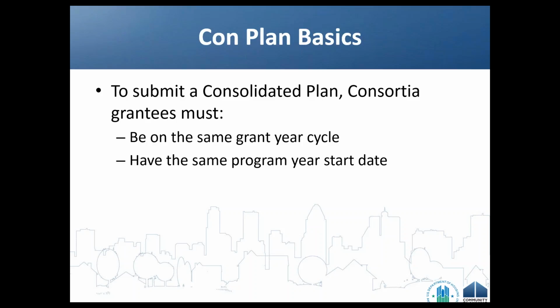So you'd want everybody in the consortium to be a July 1 start year or a January 1 start year or whatever your start year may be. If you're realizing that your dates or year may be different from other members of your consortium, or you might not be sure, it's worth checking with everybody in your consortium to make sure that you are on the same grant year cycle and do have the same start date. And if for some reason those are off and if those have changed, consult with your HUD rep right away to be able to get back on cycle before starting and before submitting your consolidated plan.